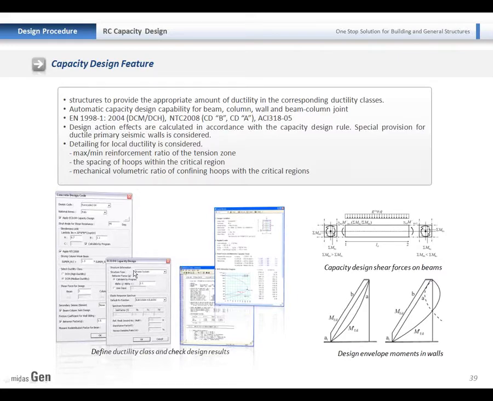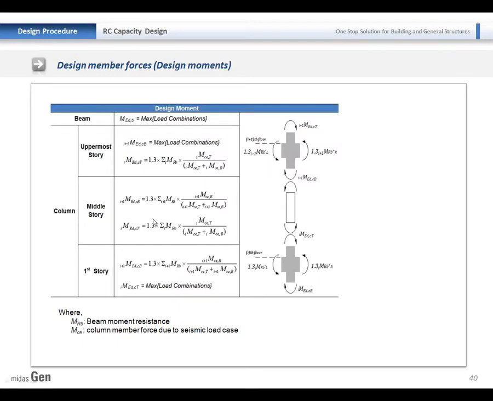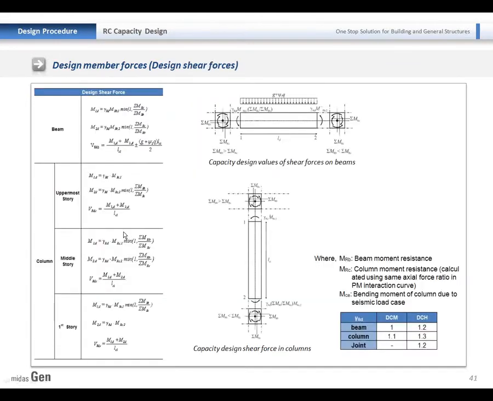In order to satisfy this rule, the design force will be determined. When you decide the column design moment, we will use the beam design moment. So we will consider the safety factor and then calculate the design moment.